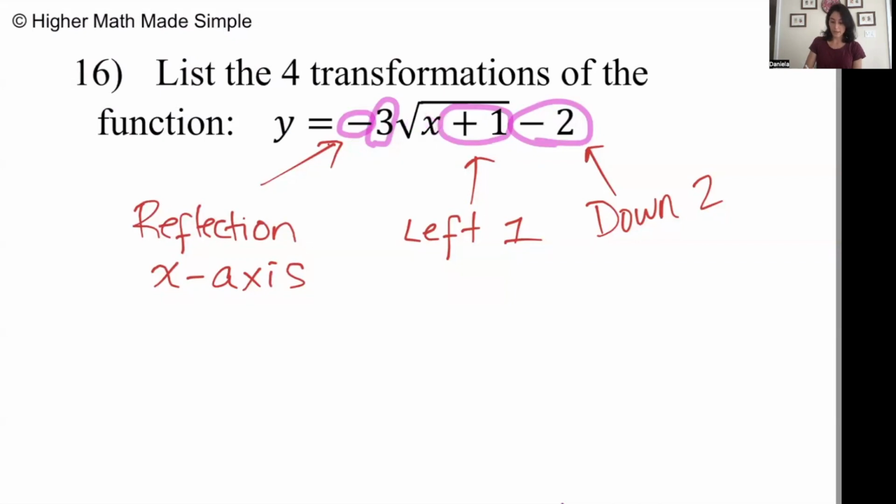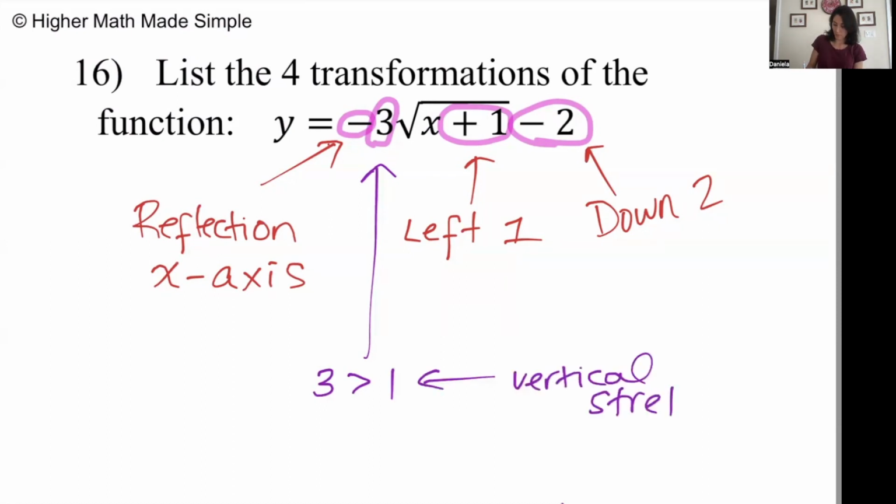over the y-axis. And last but not least, we have this multiplication by 3 going on. So since that outside number is bigger than 1, that means it's a vertical stretch. Okay, so it's like if I were to have a rubber band and I stretched it this way, the graph would actually look skinnier. If, let's say, that outside number was between 0 and 1, it would have still been a vertical transformation. It's either